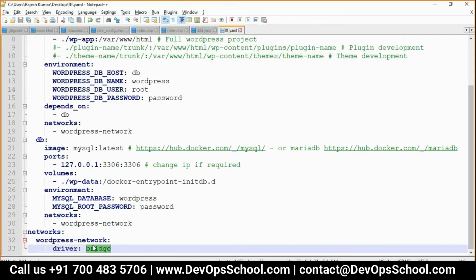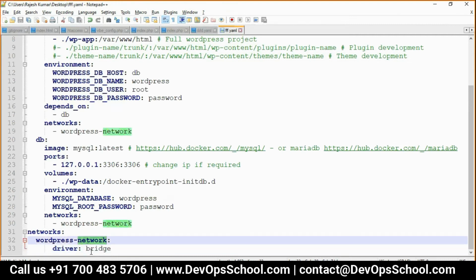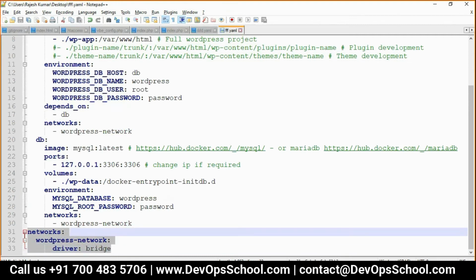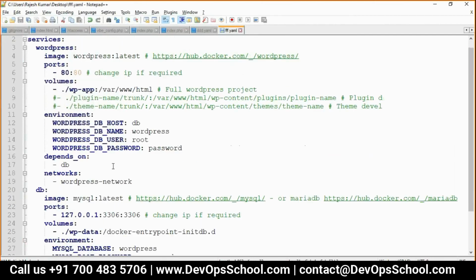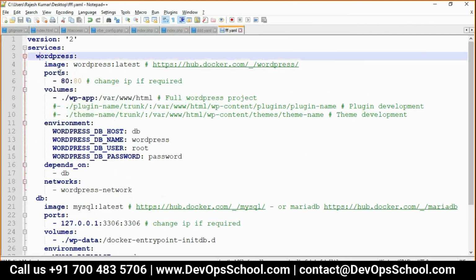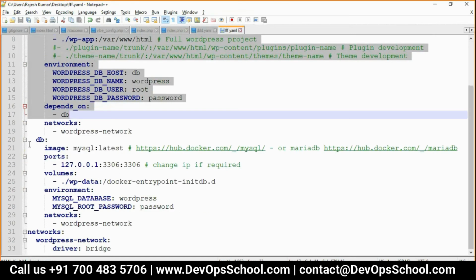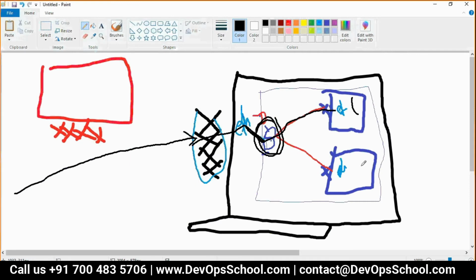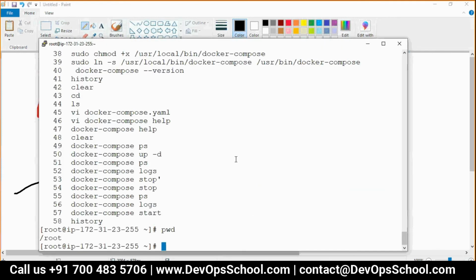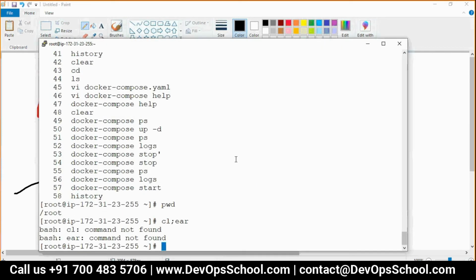So guys, what is happening here is they are creating these lines of code, the ones which I selected, creating one bridge network, and they are saying this container and this container should be on this network only. Let me show you, because I have already discussed it. Let me show you the bridge.